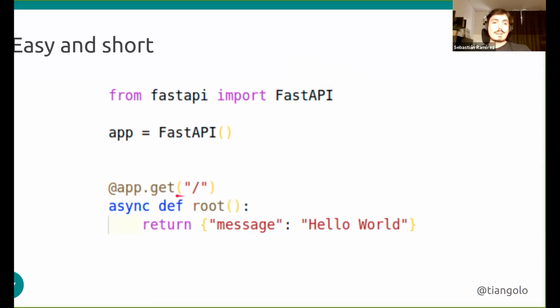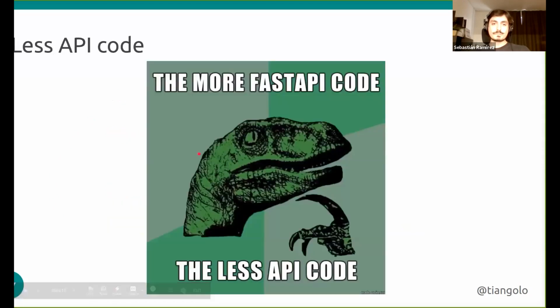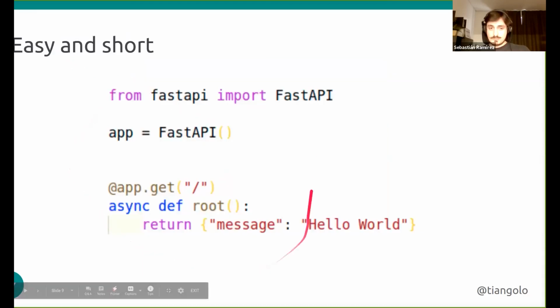And what this is doing is saying that whenever someone goes to the URL / or the root URL of this application and sends an HTTP GET request, we want this function to handle that request. And what this function is doing is just returning a dictionary with some message. We don't have to return some special type or class. We can just return a dictionary directly, and FastAPI will take care of converting that to JSON, so we can read JSON on the other side. And by writing this simple code, well, we are writing very little code because it's quite short.